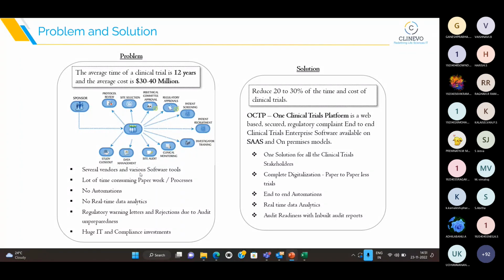Basically, there are a lot of manual processes, a lot of approvals needed, a lot of workflows needed. Everything we digitalized. So we made it in one platform. Now it serves as one platform that completely converts you from paper to paperless, and it brings a lot of automation, for a lot of manual work which was there in this process, wherein there are some reconciliations that